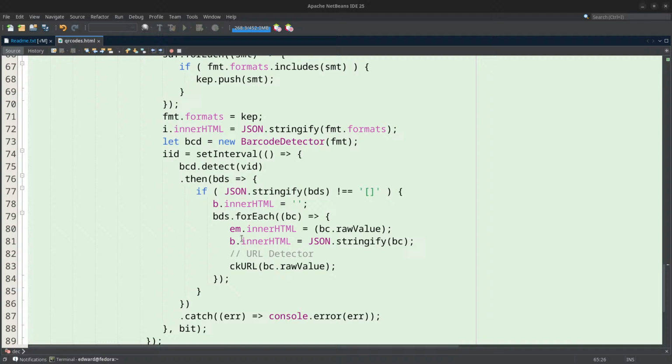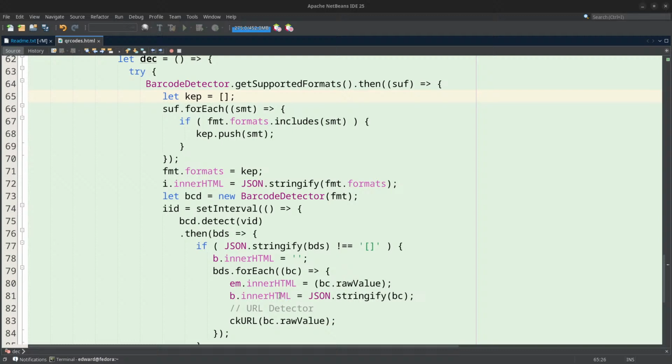It's not very smart. So whatever the output is, I JSON stringify it and check to see if it's empty. If it's empty, I ignore it. But if it's not empty, what I do is I take the